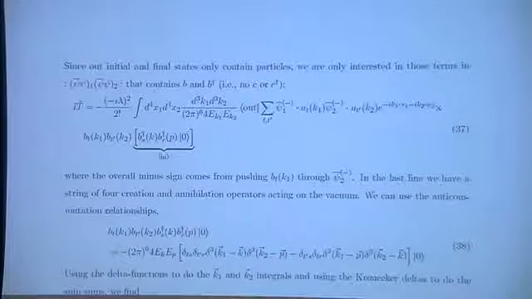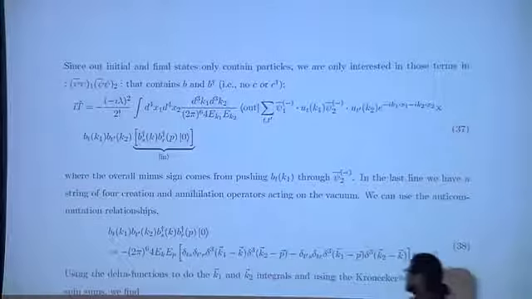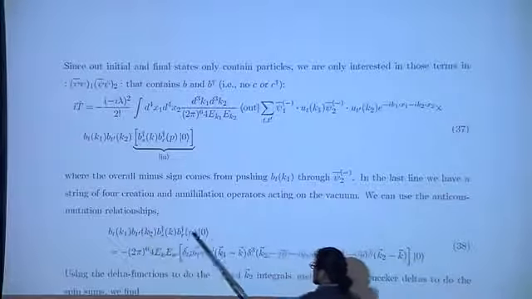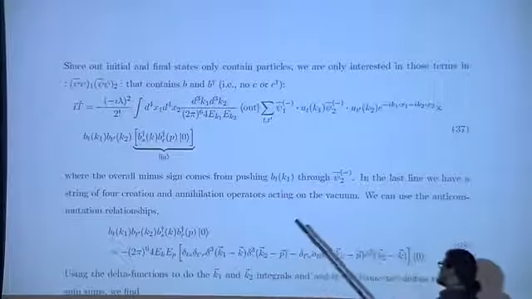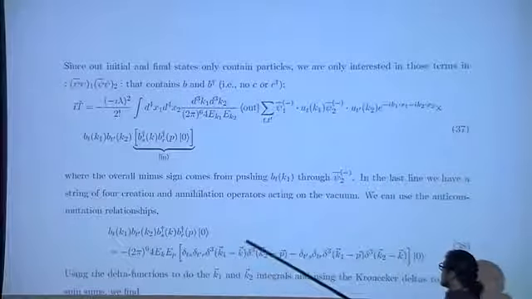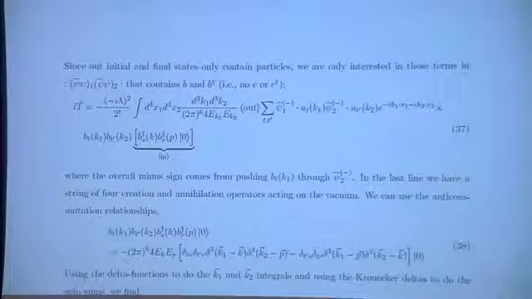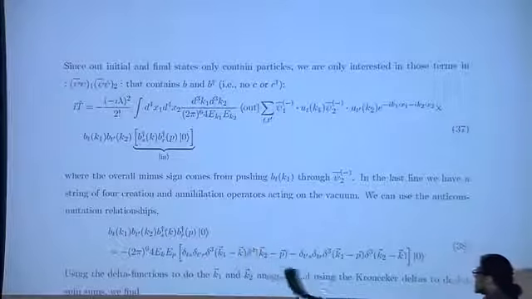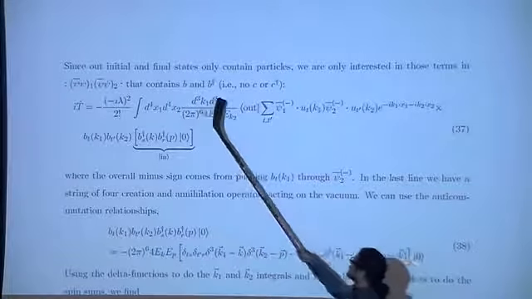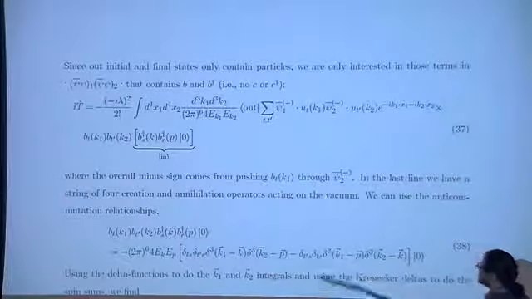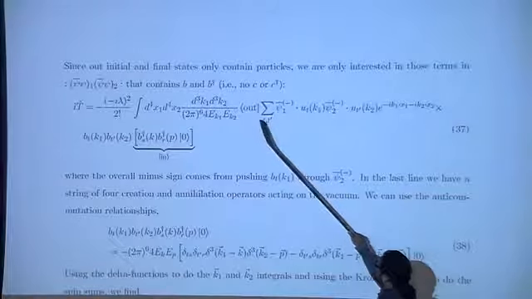So now we have 4 B operators, and then you can basically apply the anti-commutation relationships. And you can just apply them until all the B's go to the right and annihilate this guy. This term that survives has this form. It has 2 terms with delta functions in them. So now what we can do is that we can use these delta functions to do the K1 and the K2 integrals here. And we can use the Kronecker deltas to do the sums, spin sums T and T prime.